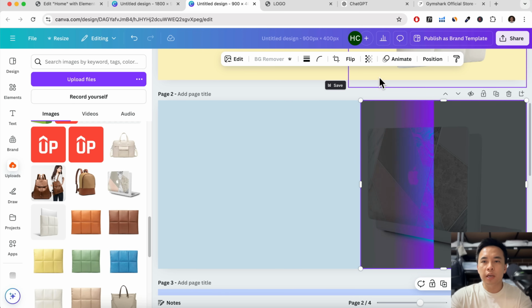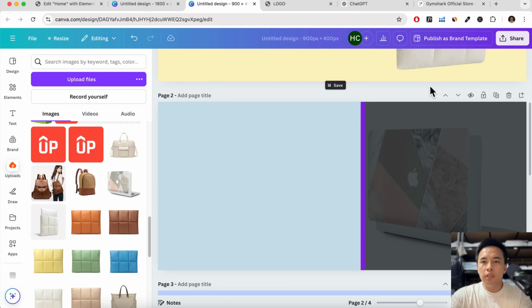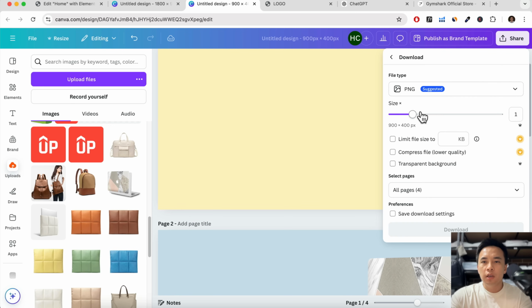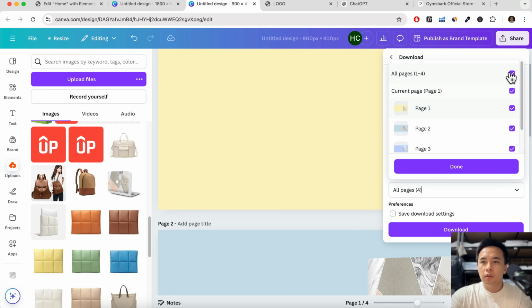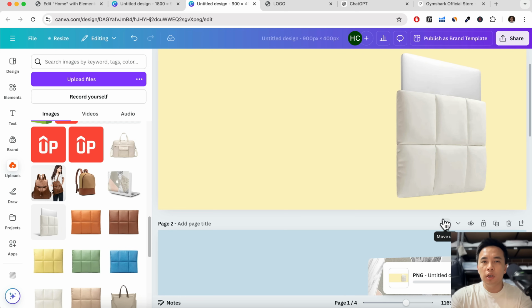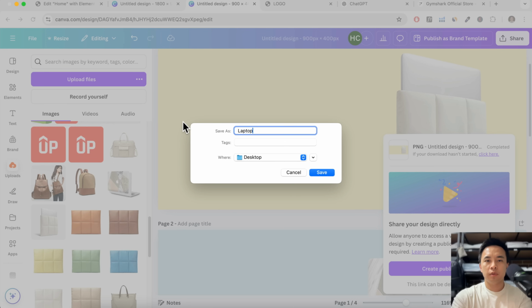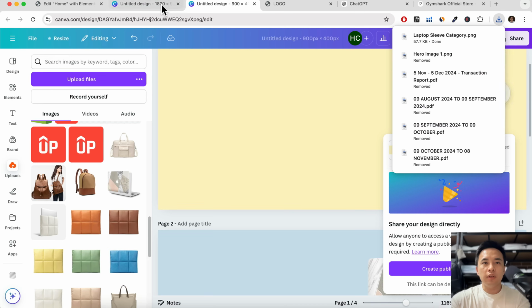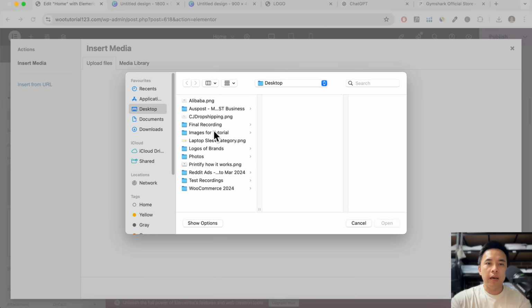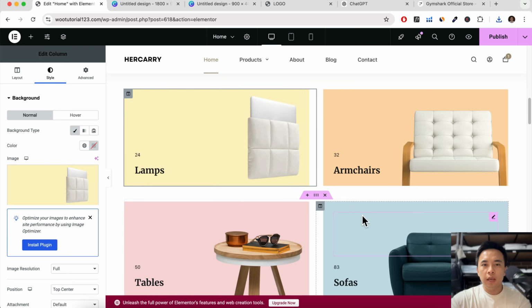Okay, remove BG again. And then all you need to do is you can go to share, and then we can download that. So download it as PNG. I think that's fine. And then over here, I'm gonna select page 1, click on done, save it to your computer. So this one could be laptop sleeve, and then category, save it, come back over here, and then choose image, and we can just upload that over here, add that in,